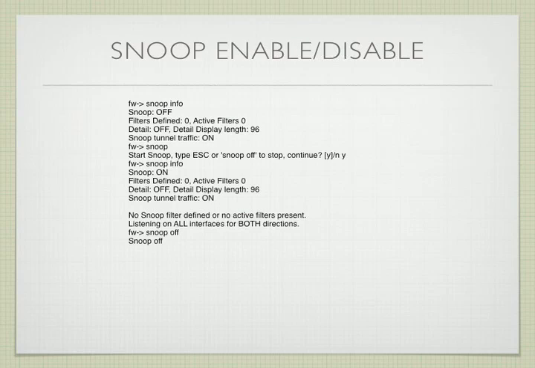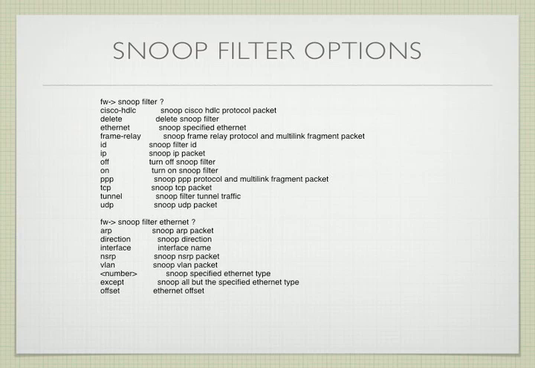Snoop info will show you what's configured on the firewall for active filters and the like. And in this case, you can see that nothing's configured for it. There are a number of filtering options. So if you do snoop filter and question mark, it shows you everything that you can use to filter the types of packets that you're going to look at, and then even within Ethernet, which is primarily where you're probably going to use this, there's a lot of filtering options to make sure you're capturing the packets you need to